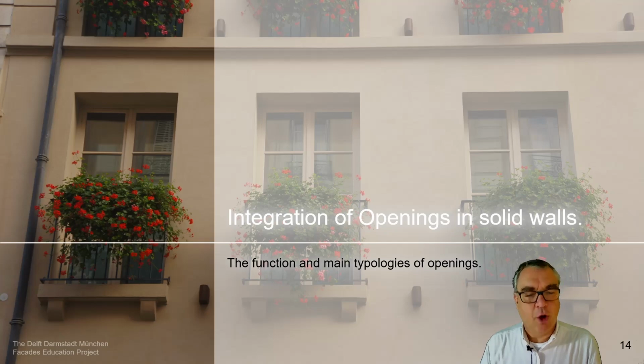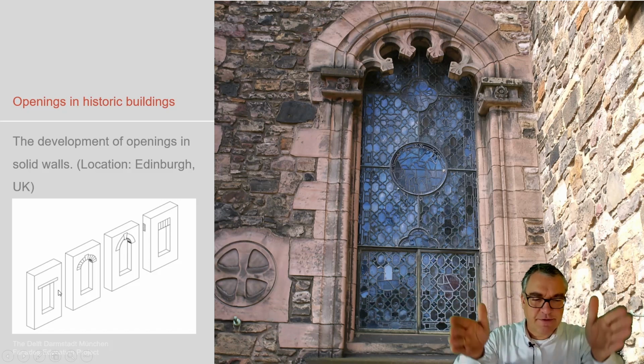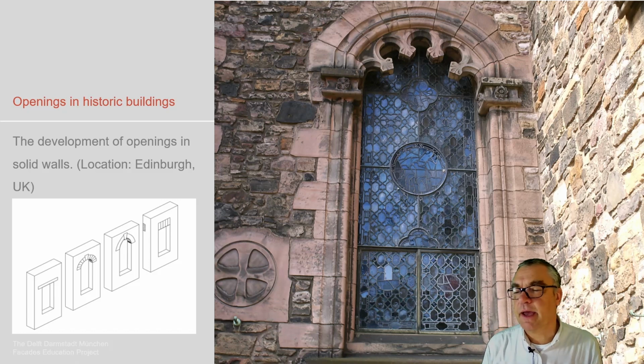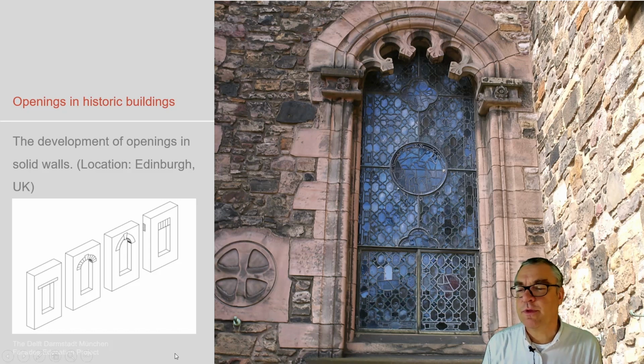Next step is to integrate openings into these systems. Openings are integrated in the general way to punch a hole into this solid structure, and the simplest way to do so, to take down the loads from the top, putting them aside and then helping them to find their way down the system, is having a kind of a beam being located here. So this may be a horizontal beam. In the beginning this was done with timber beams, later done with stone beams to be positioned, and then some of the Roman architecture we learned to build arches.